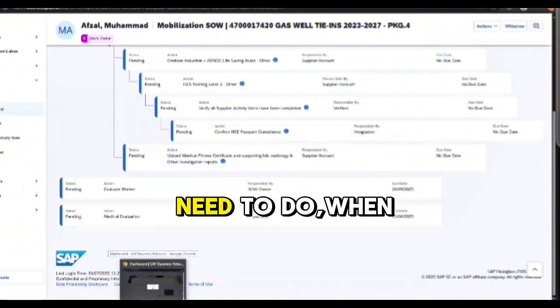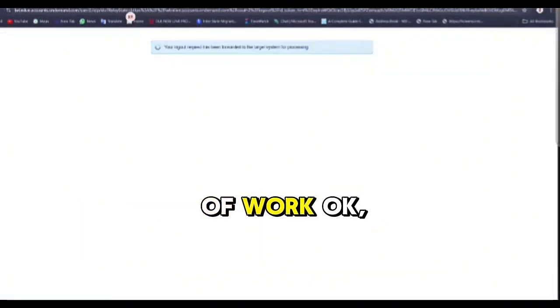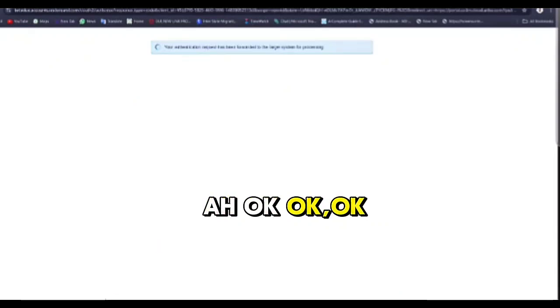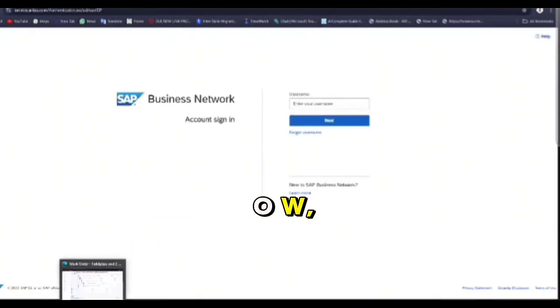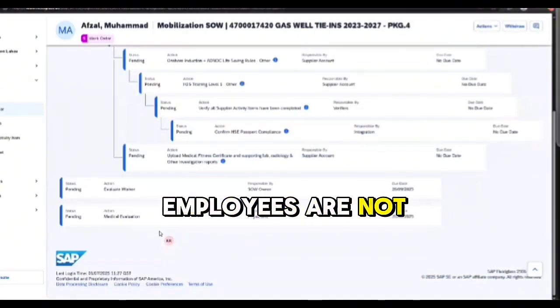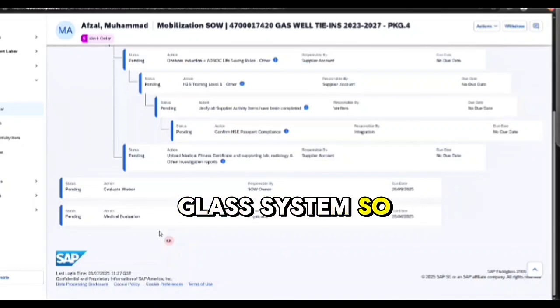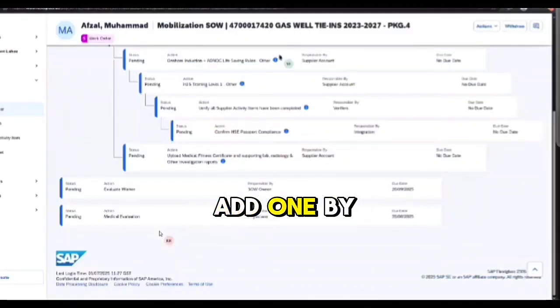What you will need to do when you onboard them in the system is go through the statement of work. From here, when you try to onboard them, the action is SOW. But the problem is that the existing active employees are not showing in this Fieldglass system. That's correct. Either we can add them one by one, or otherwise,